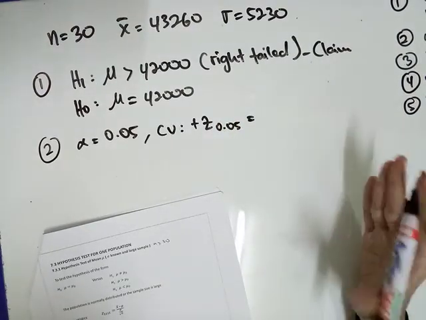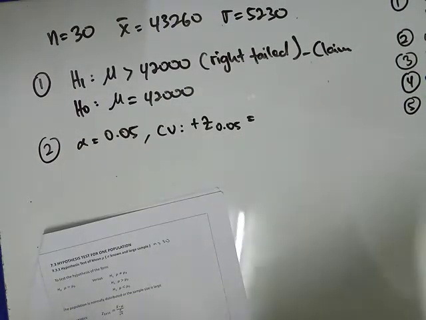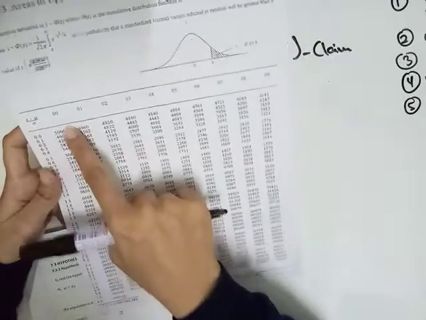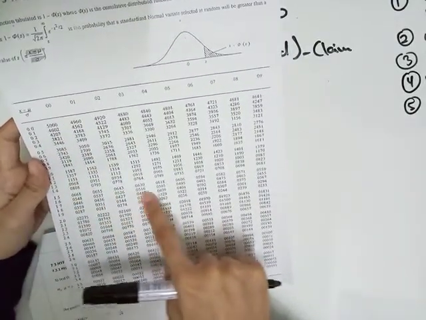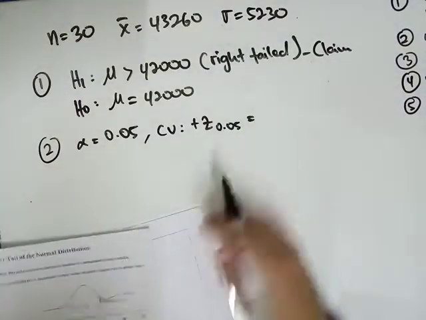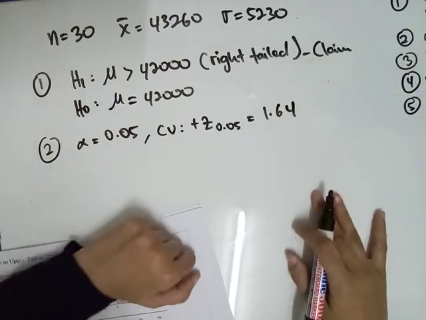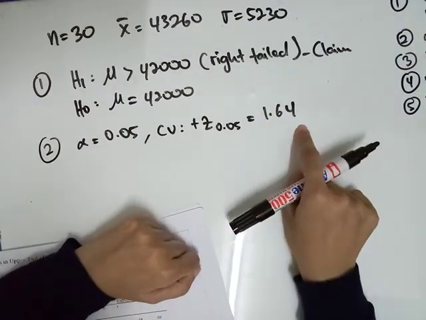So use your table statistic. 0.05, this one 1.64. Okay, so the Z value is 1.64. Okay, it is positive 1.64. And then